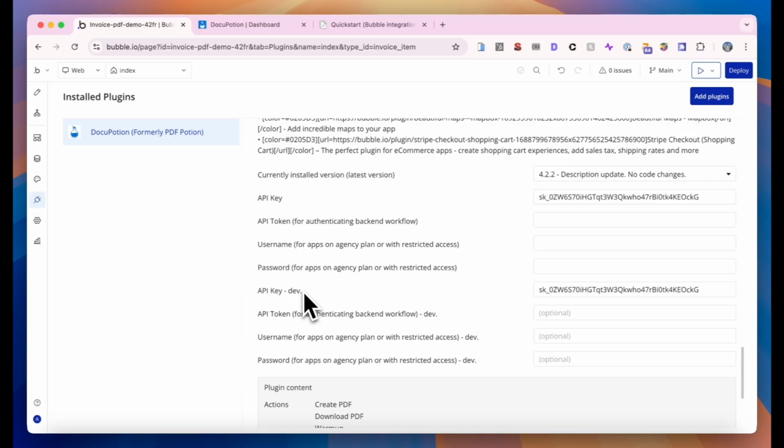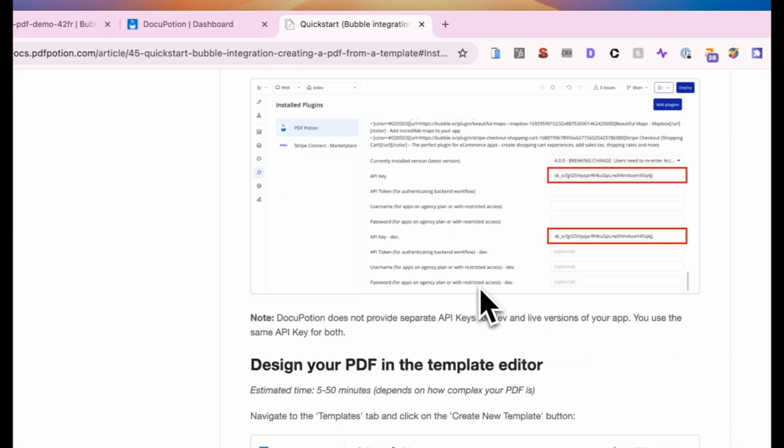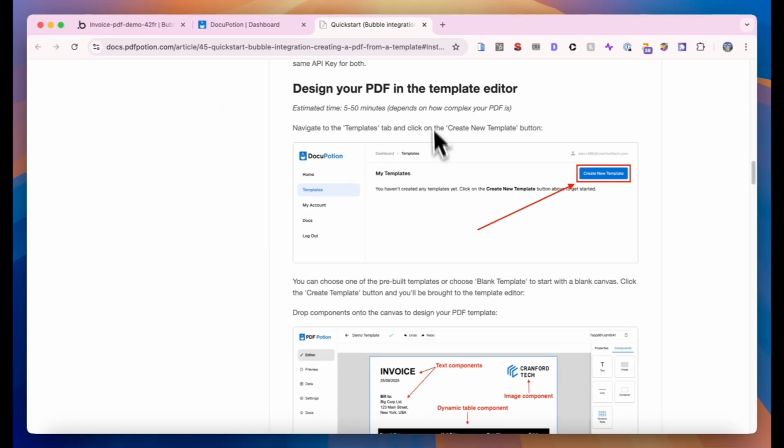Now, please do keep this API key secure. It's perfectly safe to paste it in here, but I am going to delete this specific API key after this video. Okay, so we've added our API key, and if we want to design our PDF in the template editor, which is what our next step is going to be,